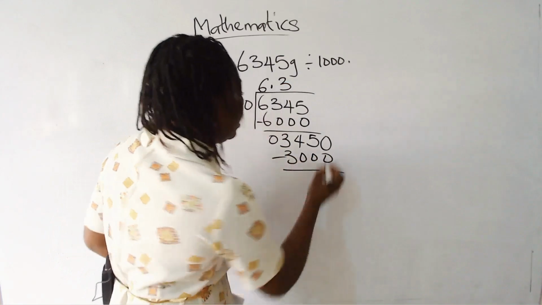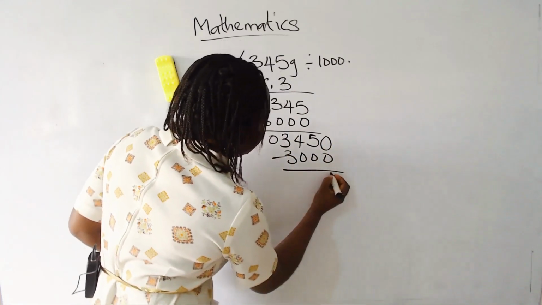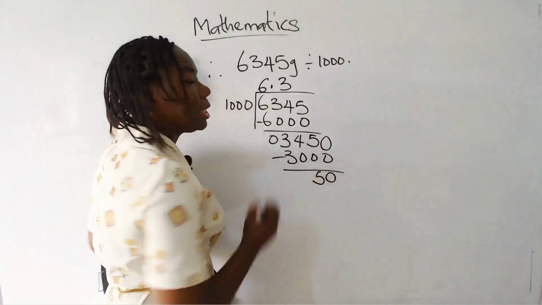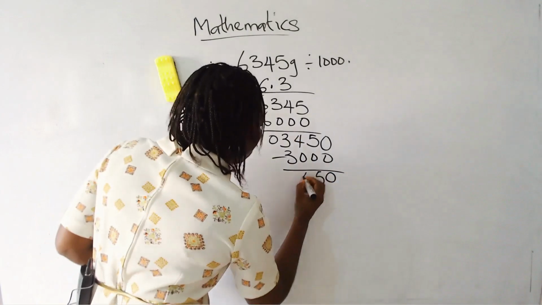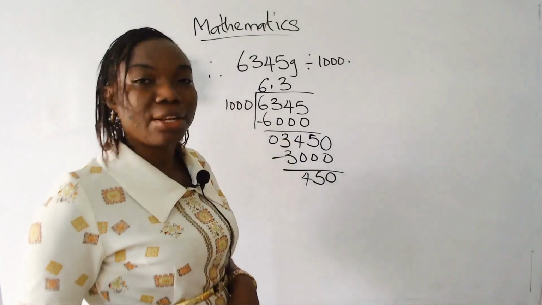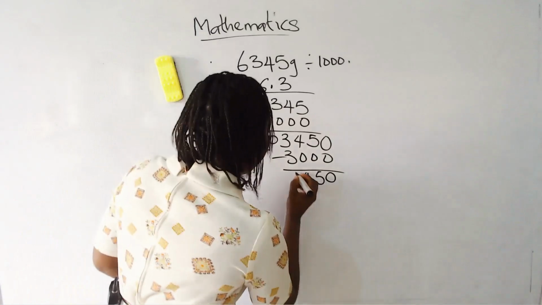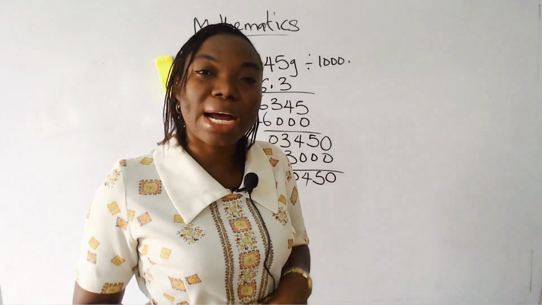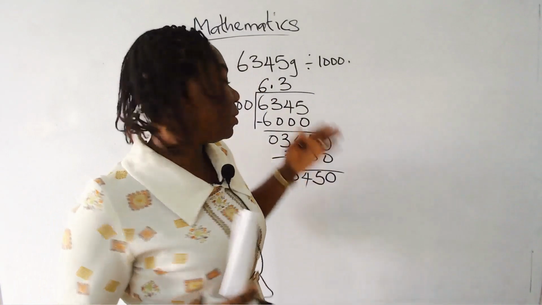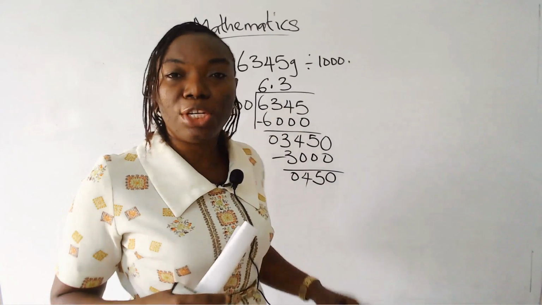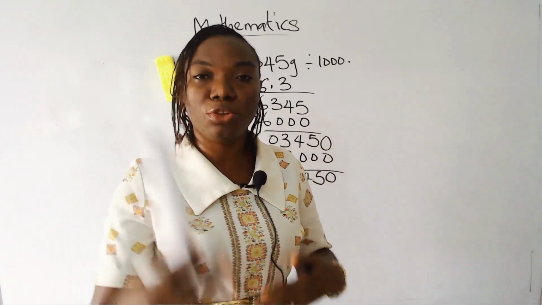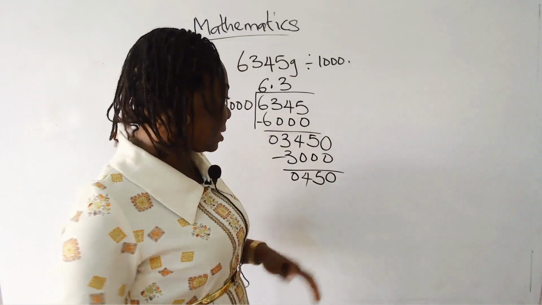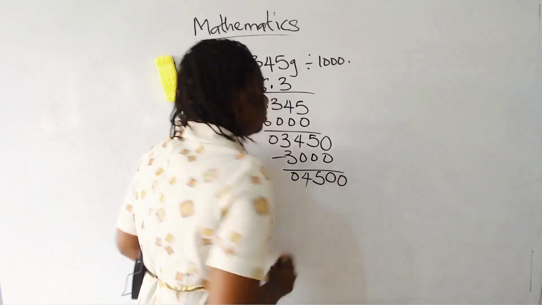You subtract. This 0 minus 0 gives you 0. 5 take away 0 gives you 5. 4 take away 0 gives you 4. And 3 take away 3 also gives you 0. Because we have added the decimal point already, you don't need to add another one. Even if the number dividing cannot divide, all you need to do at this moment is to continue adding 0 until you have 0, 0 as your last answer. Now we add another 0 here. We now have